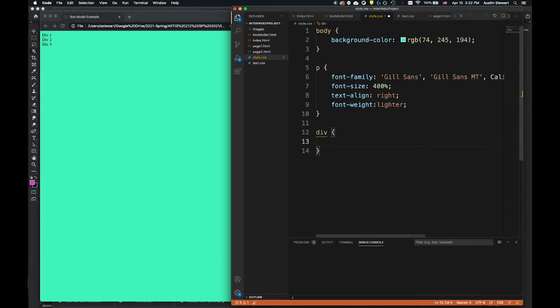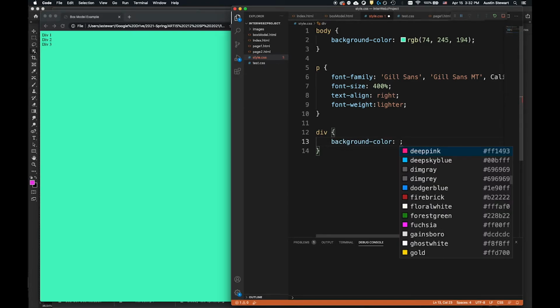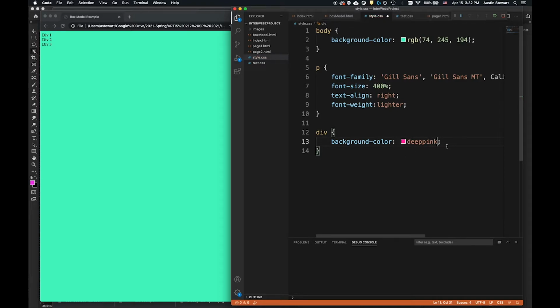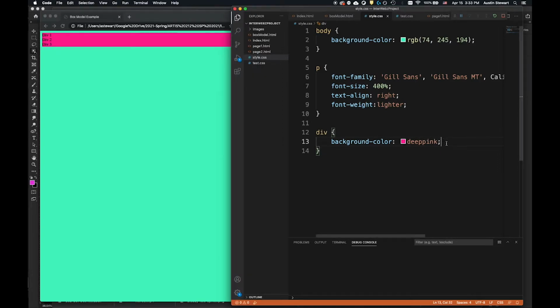And the different things I want to do is change, there's one setting we should already know, which is background color. And I'm going to go ahead and set this to deep pink. And now I'm going to go ahead and save this. And if I come over here and refresh, you'll see that I suddenly have this pink box that seems to be wrapped around all 3 of these different elements. However, it's actually around each one of those individual elements. So I've got this background color, deep pink,